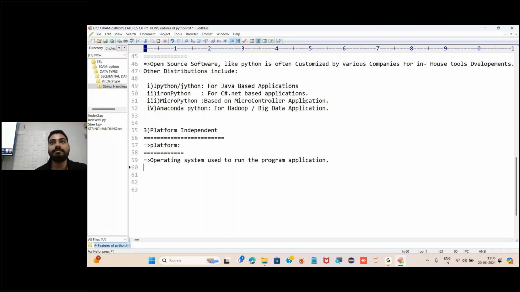That is the flexibility. So the programming language which does not depend on the operating system is nothing but platform independent. That is the meaning of platform independent.